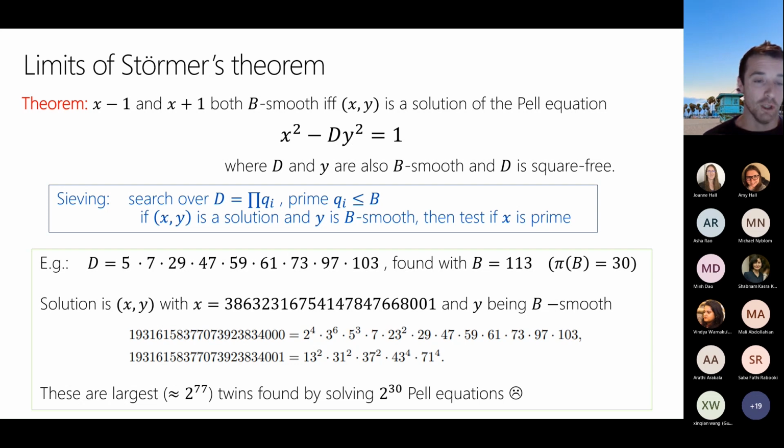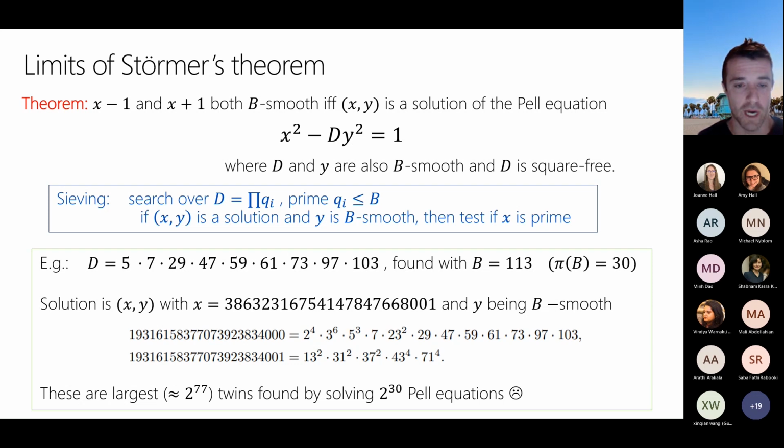So if you loop over every possible value of D that is a product of those primes smaller than B, you're guaranteed that you've found the full set of B-smooth primes. So in that case, again, when B was 100